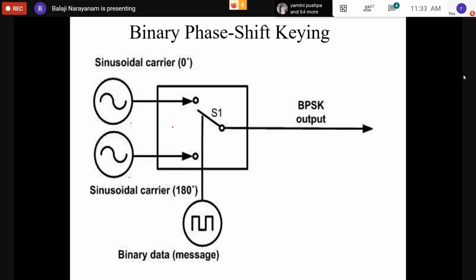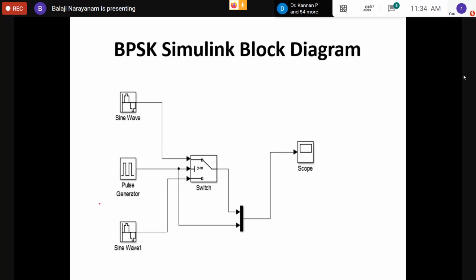So you have two sinusoidal carriers. One is a sinusoidal carrier with 0 degrees phase. Another one is a sinusoidal carrier with 180 degrees, and you have a switch for selection of these waveforms. The binary data, or the message signal, is given through a pulse generator, and the switch S1 selects among these. Whichever gets connected will get chosen. This is the generalized BPSK block diagram, and based on this, now I will open my